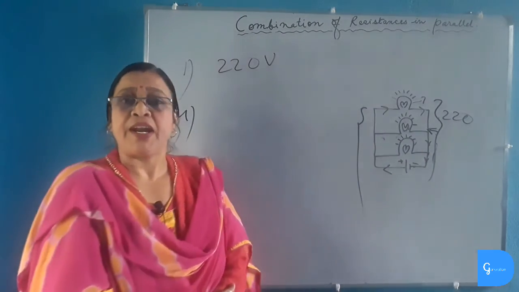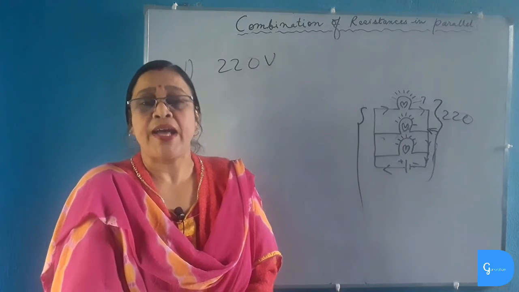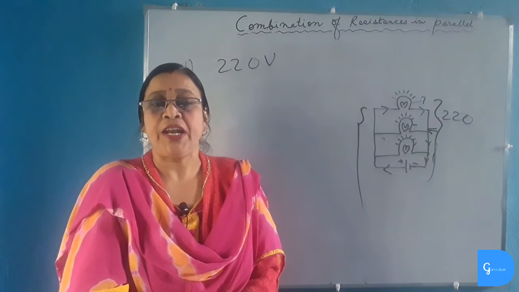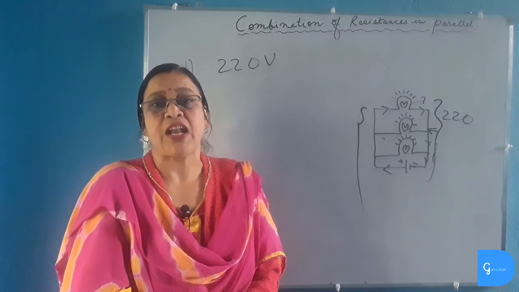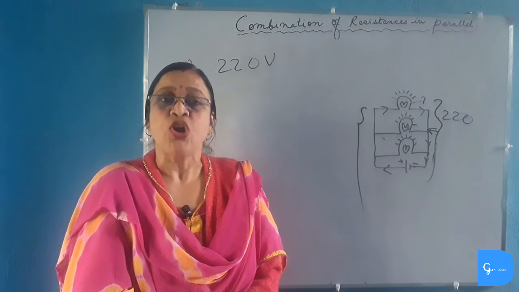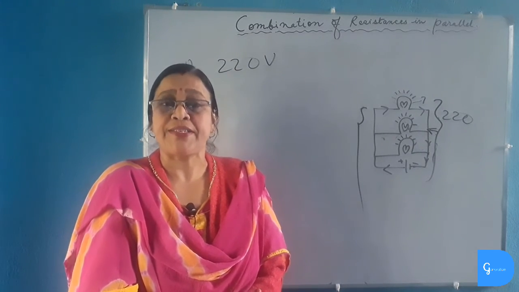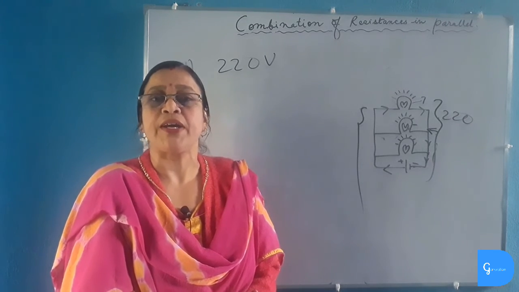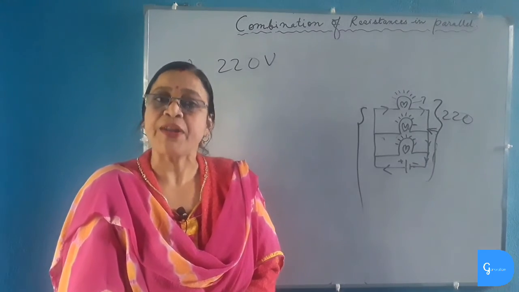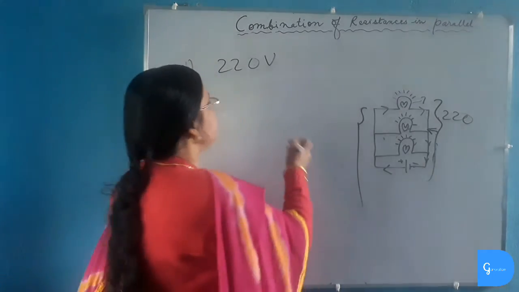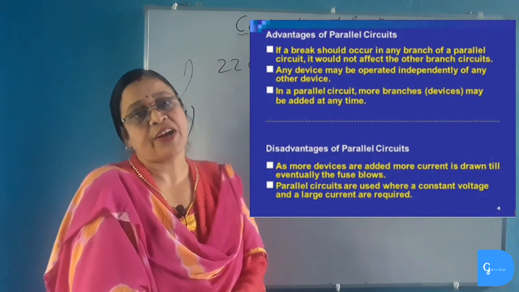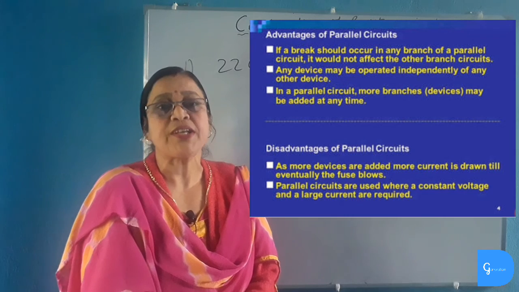Number 4, the resistance in parallel circuit is reduced, and so the current flowing in the circuit is increased. And we know that in our domestic circuit all the electrical appliances are of different power rating. The electrical appliances or electric devices which are of high power rating like AC, refrigerator, room heater, electric iron, they all will get the required amount of current and will function properly. There will be no disturbance in any of the electrical appliances having high power rating. So these are the advantages of having parallel circuits in our domestic circuit.